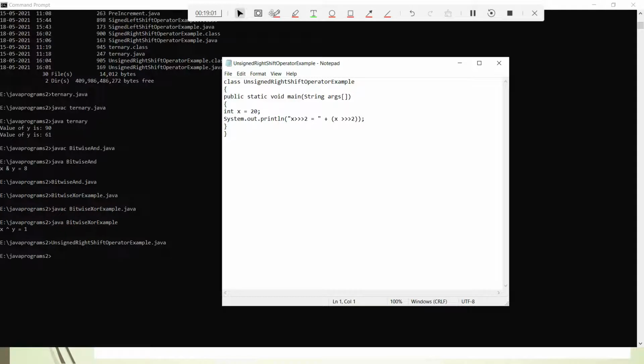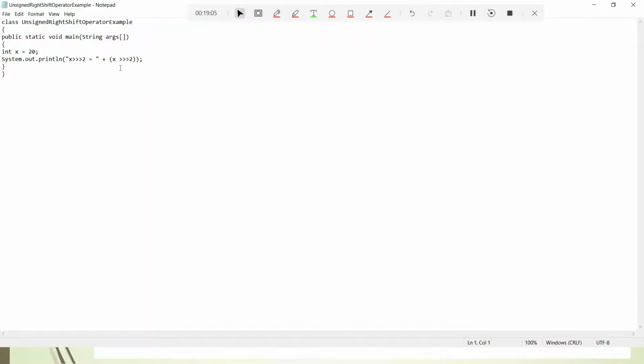Okay, so here you can see. So this is how I use it. I just need to put that. So this is the unsigned right shift operator. In unsigned right shift, it is not just the right shift operator, it is the unsigned right shift operator. Here three. So what will happen is this 20 will simply move to the right. So let us see how to see the output.